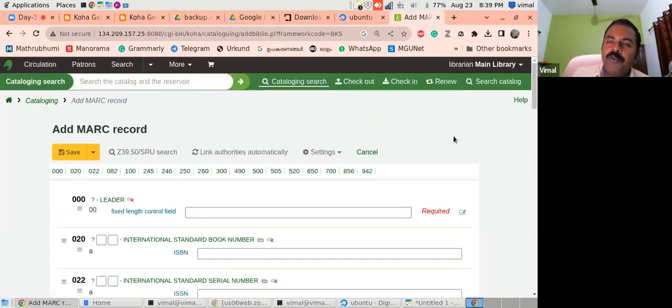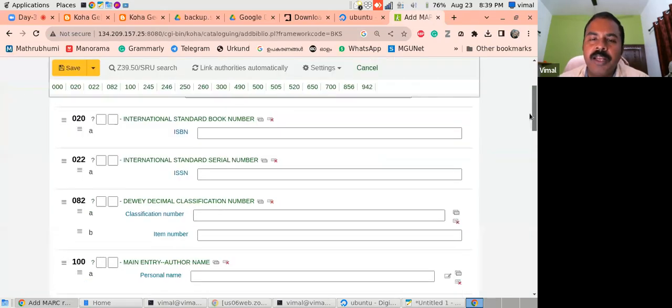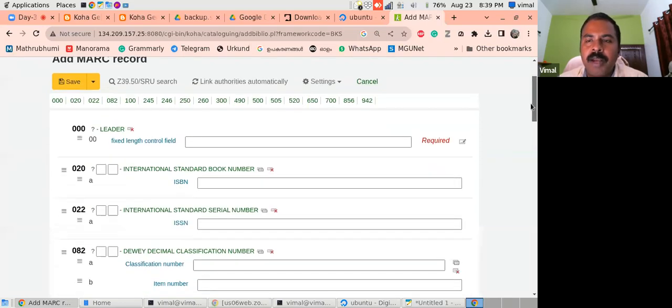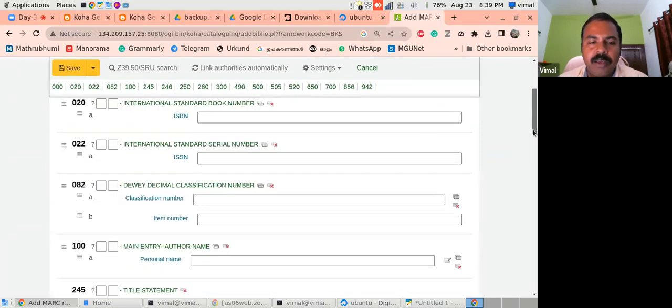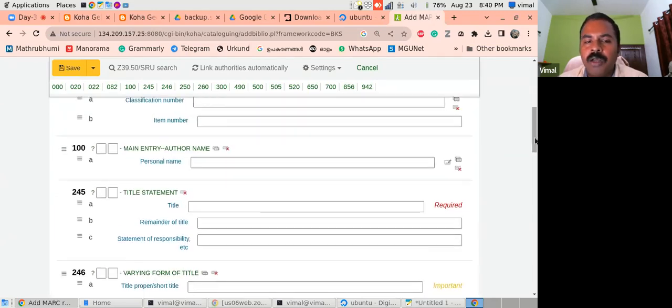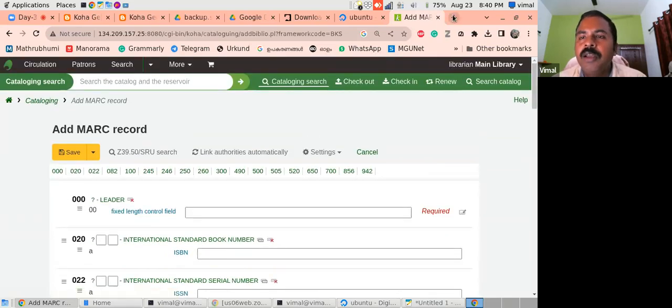And one more thing, suppose you want to enter books in regional languages. It's possible. If you use Chrome browser, it's possible to add Google input tools. When we enter book details, by default, we can enter details in English language. But if you want to enter details in Indian regional languages, we have to enter details in Unicode format. That's also possible. See here, if you use Google Chrome, we can enable